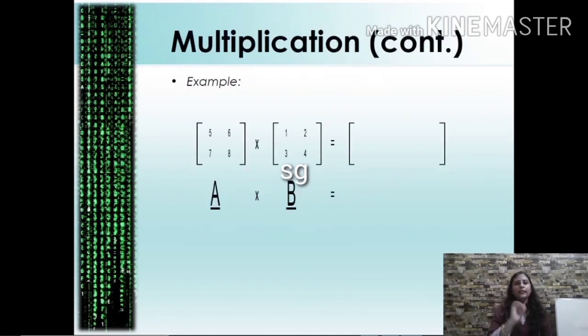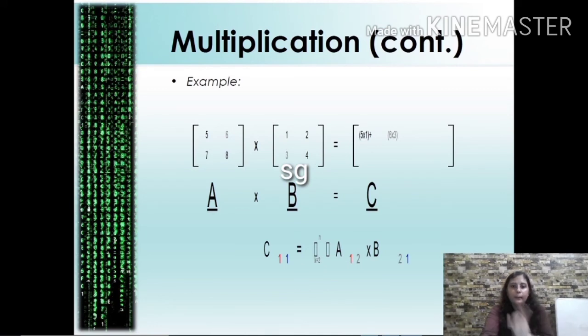So here, please look here. Here we have taken a simple example, a very simple example. We have taken a 2 cross 2 matrix and a 2 cross 2 matrix. So obviously the number of columns of the first matrix is 2, and the number of rows of the second matrix is 2. So multiplication of 2 cross 2 matrices in this case is feasible. Look at how we are getting the values here.